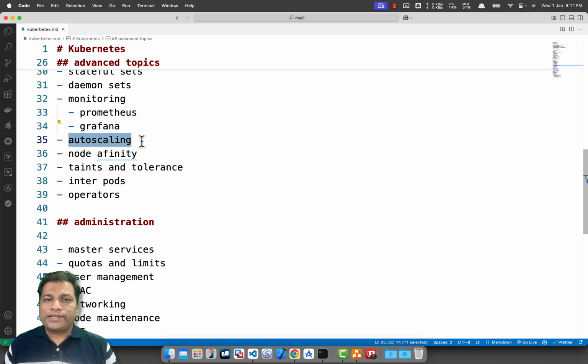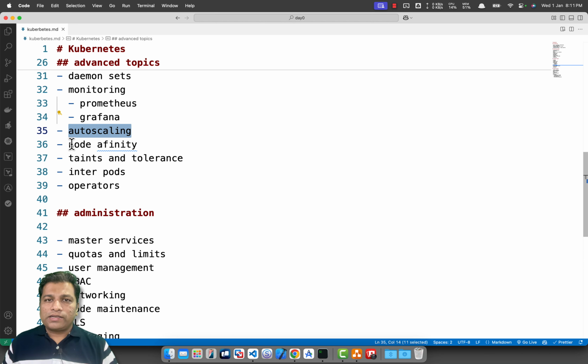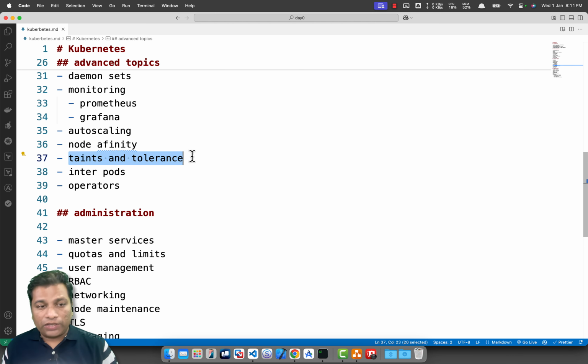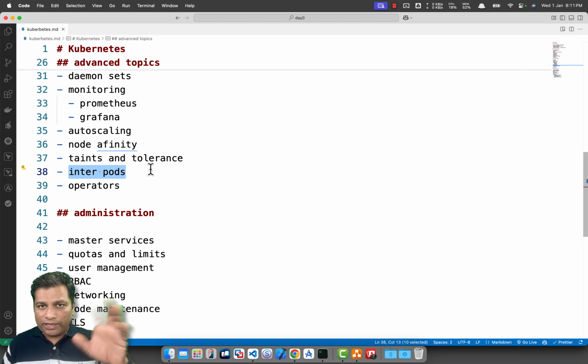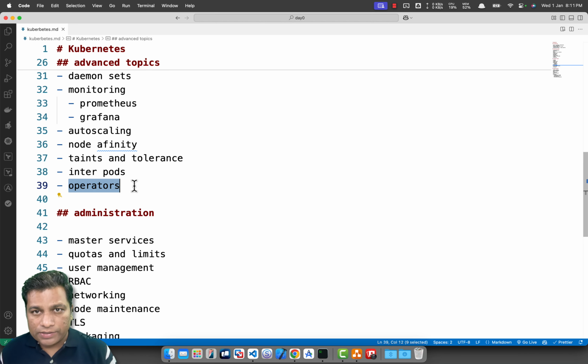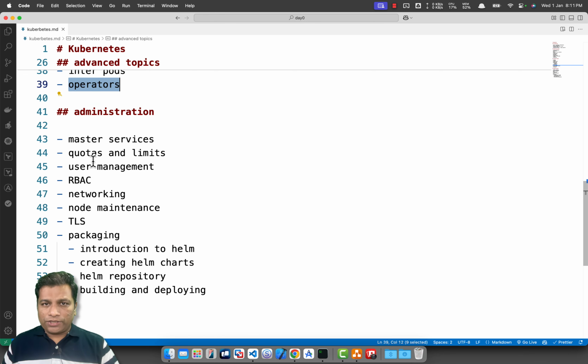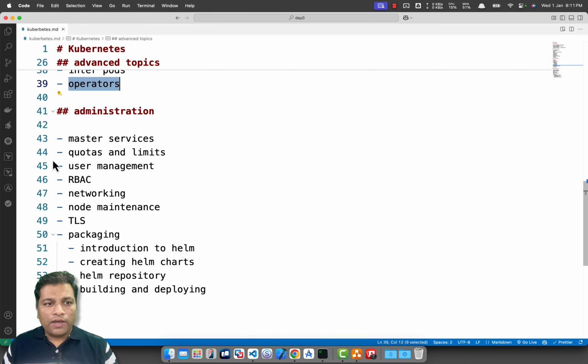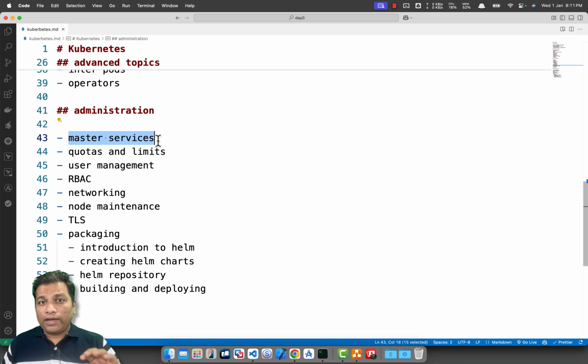Then we'll go for setting up the autoscaling by using vertical as well as horizontal pod autoscaler. We'll start scheduling the pods on specific nodes by setting up the node affinity, taints, and tolerations. Then we'll understand how the pods communicate with each other, and finally we'll understand what you mean by Kubernetes operators. This is the last section where we'll try administering the entire Kubernetes cluster by mastering services,